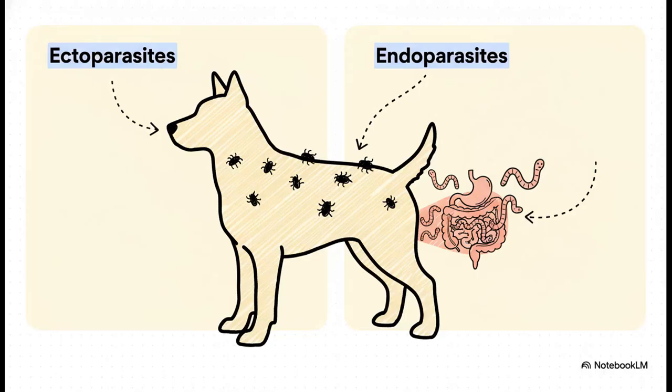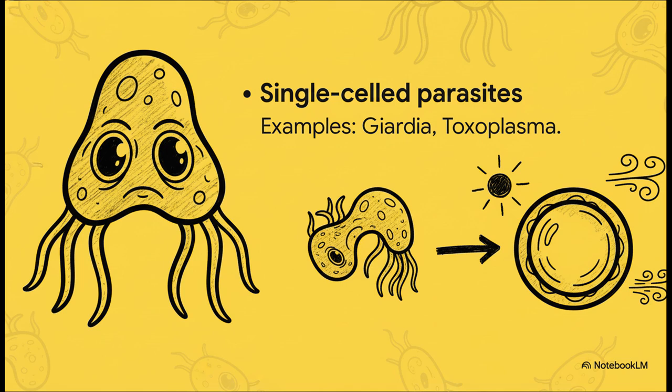This right here is your first big sorting hat moment. You've got your ectoparasites, those are the guys on the outside, like fleas and ticks. But our focus today, what we're really diving deep on, are the endoparasites, the invaders living inside the animal's body. And hey, it's not all about worms. Don't forget about these little guys, the single-celled protozoa. And their secret weapon? It's this tough little shell called a cyst, which basically lets them just chill and wait out bad conditions until they can find a new host. The two names you absolutely have to know for your exam are Giardia and Toxoplasma.